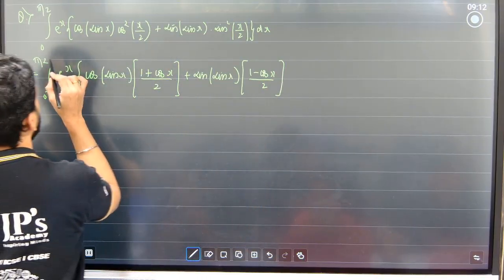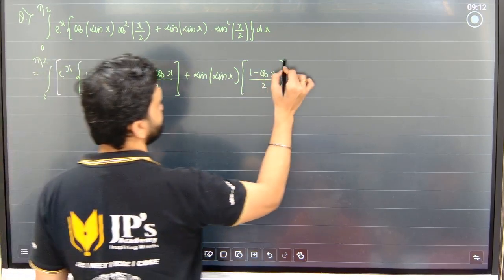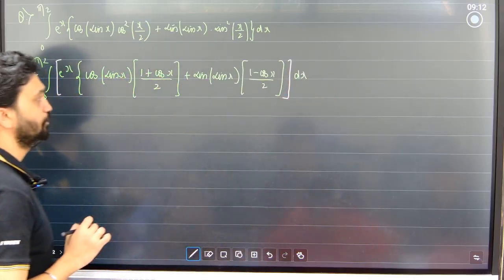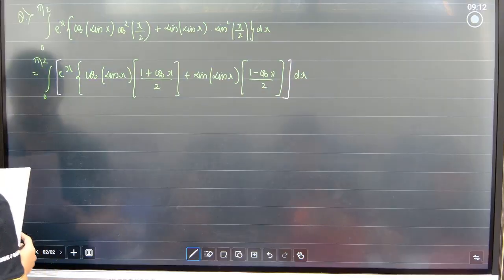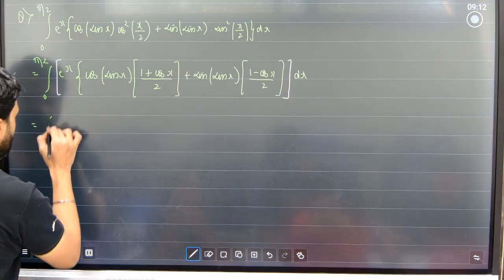Okay, what we'll do is put this whole thing in one bracket, and this will become dx. So all I have done is I have used the half angle formula and just substituted the values. Now if I simplify this further,